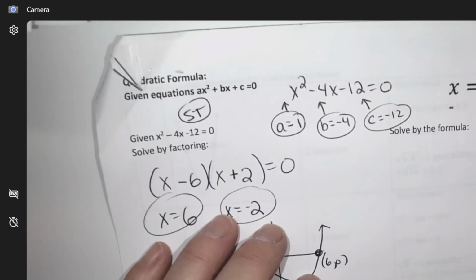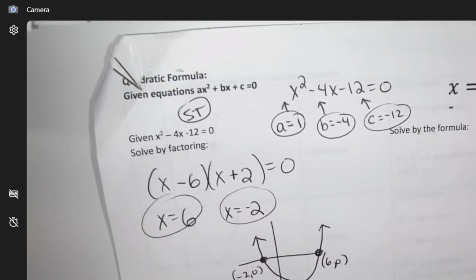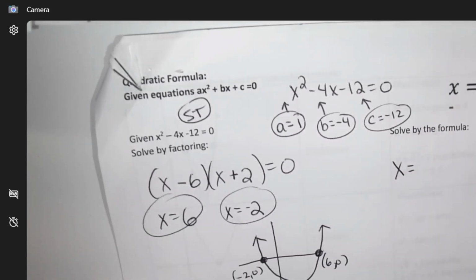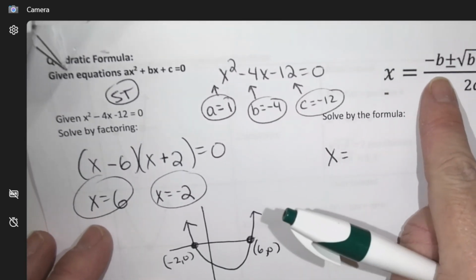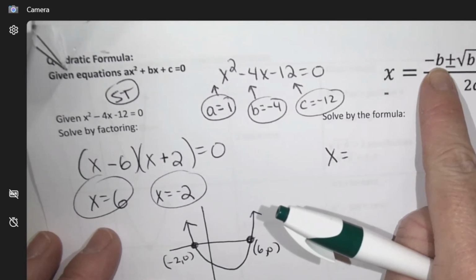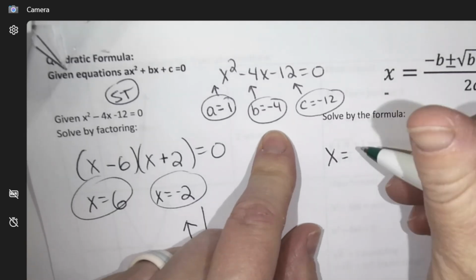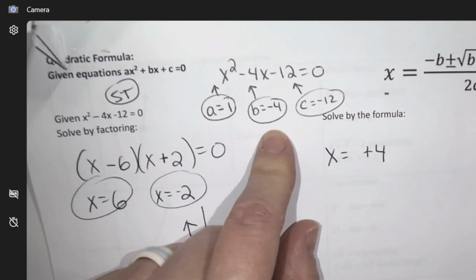Okay? Be careful of the order. It has nothing to do with the order it's written in. It's how many x squareds you have, how many x's you have, how many constant numbers you have. Okay, so here we go. The formula says to do opposite B. Opposite B. So positive 4